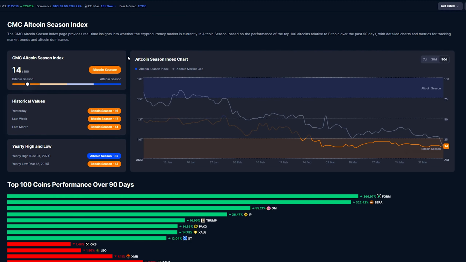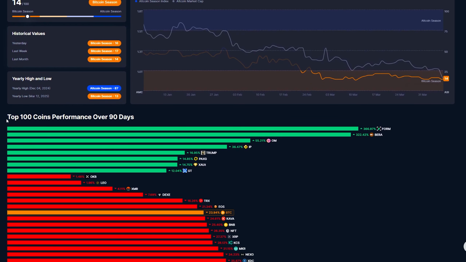I think this is also a very important one. The altcoin season index basically shows the relationship between Bitcoin and altcoins, and it explains for us basically where the money is in crypto right now, not where the money is being made, but where the money is relaxing. We can also see some pretty cool things here, like top 100 coins performance over the last 90 days, and I would say that this is something you can just pretty much straight up